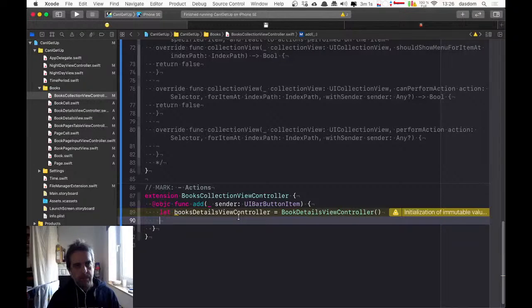Right now, the books collection view controller is in a navigation controller. So I have to decide if I present it modally on top of it or in the navigation controller. I think it's better to present it modally. So we will say that navigation controller equal to UI navigation controller root view controller